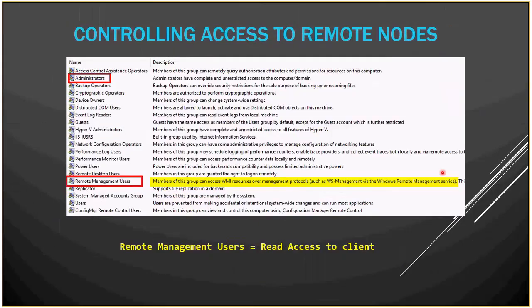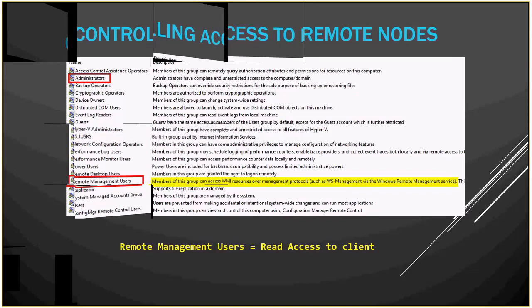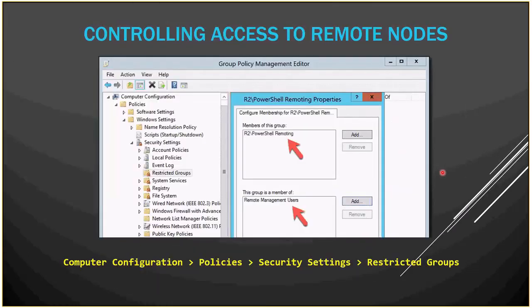So we'll go back for a second here to our accessing remote nodes. We have some choices, remember, to think about who we're going to give access to. So as I said, if they're administrators, you're going to get access by default. If you want to give access to a subset of people, but you don't want to give them administrator access, you're going to leverage that remote management users group, and that's going to be equal to like read access, and you can think of that as running get commands from PowerShell. And I brought that up as a review because here we're going to configure that in group policy. So group policy,